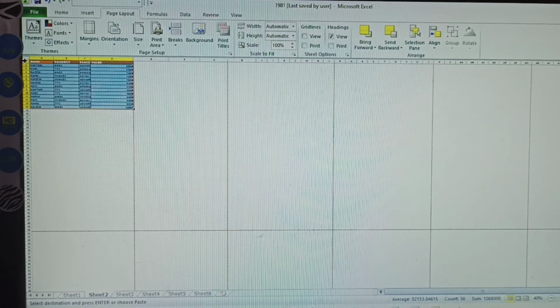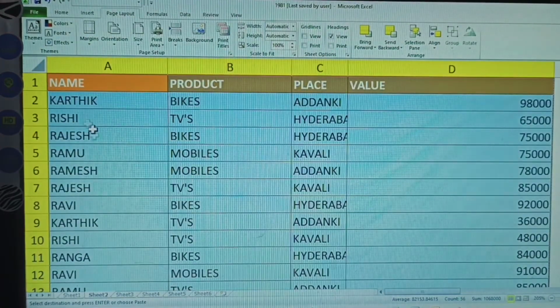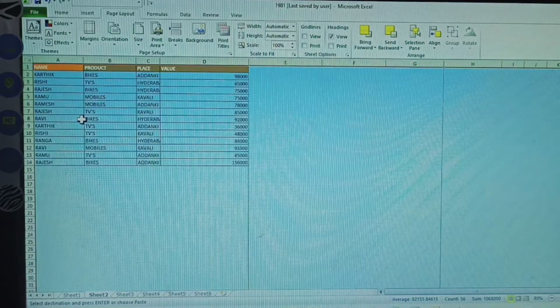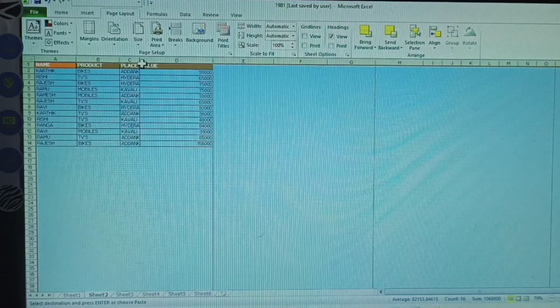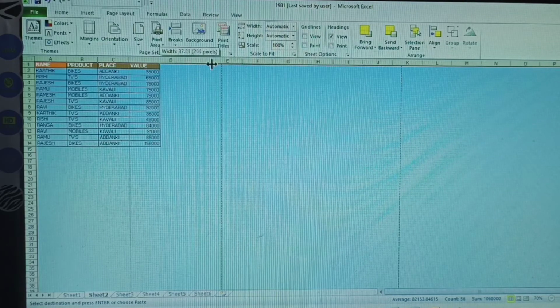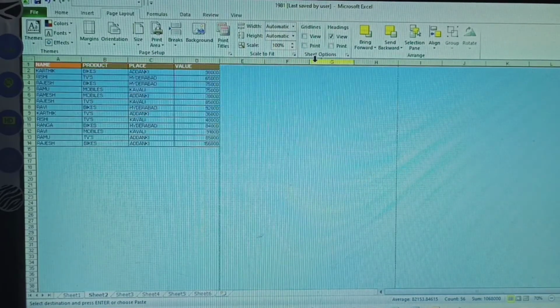First you select this corner triangle, then decrease this table. After adjusting, it is adjustable only in this space, it does not come to this side slowly.